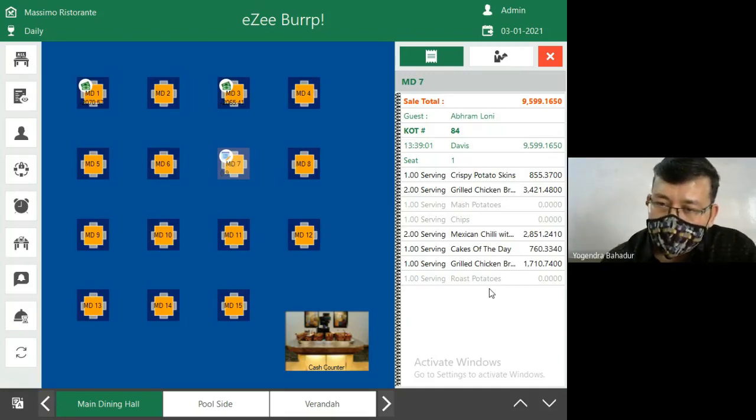We'll have to enter inside the outlet. We'll have to select the table on which we want to place the order. Next, we'll have to fill the detail of the guest, if you know, otherwise you can skip that part also. Then you will have to punch the order, and then you will have to take out the KOT of that order by printing that order. The printout will come out in the kitchen.